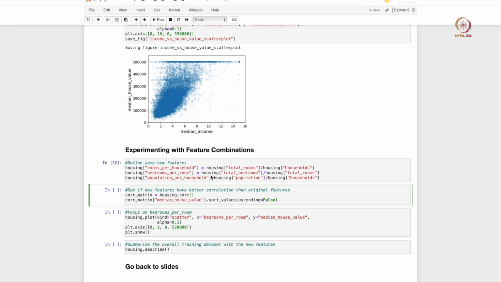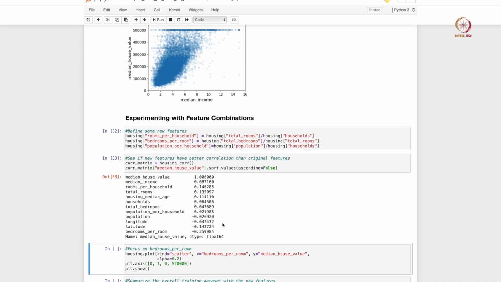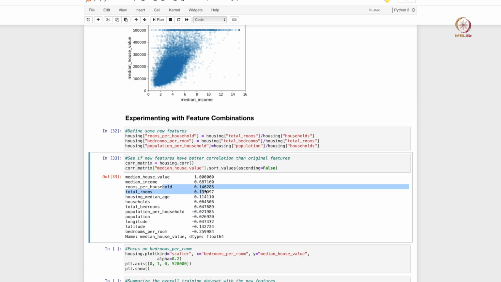The nice thing about pandas is that you can add new features or new columns in your data frame just by initializing their value with the column name, and you can also do mathematical operations on the fly. This is very similar to how we operate Excel sheets. Let us now relook at the correlations with our target value of the median price, and we see that population per household has a fairly weak correlation, rooms per household a decent correlation of about 15%.